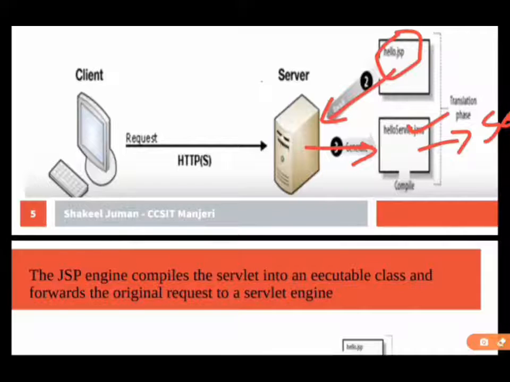This phase is specifically called the translation phase. It means the JSP content is translated into Java code.